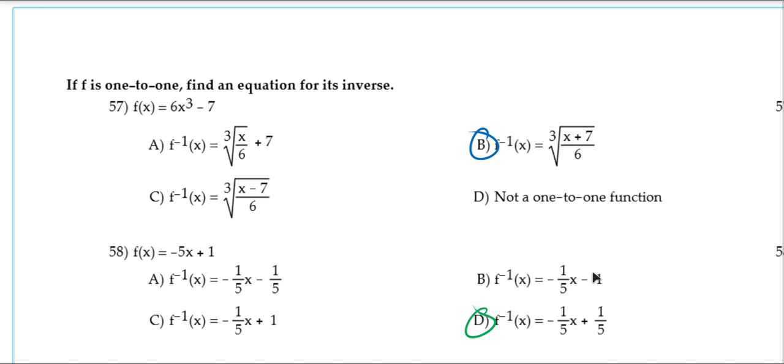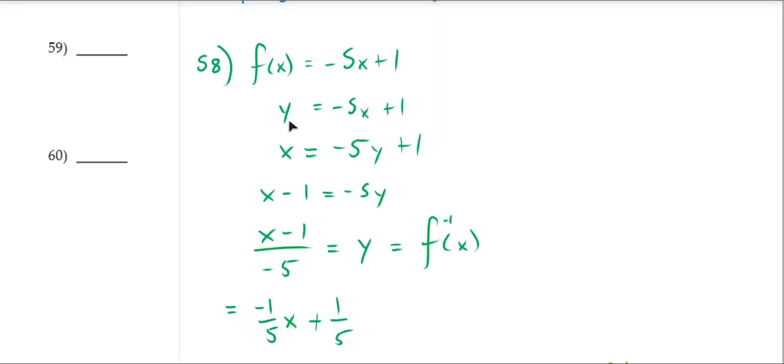Question 58 asks us for something similar. We write our function down, we give it the dependent variable named y, we switch. Everywhere I see an x, I put a y. Everywhere I see a y, I put an x, and then we solve for y. So bringing this 1 over, dividing by -5, we have our inverse function. Now, the form might be as such, or it might distribute that division by -5 against both terms and give us a -1/5 for our slope and a +1/5 for a y-intercept,